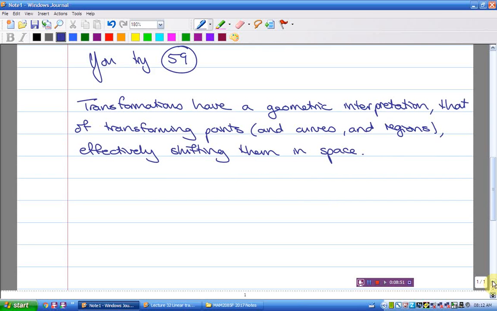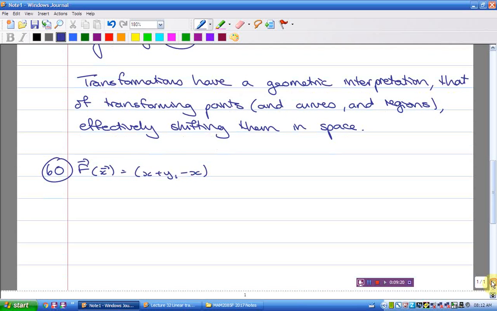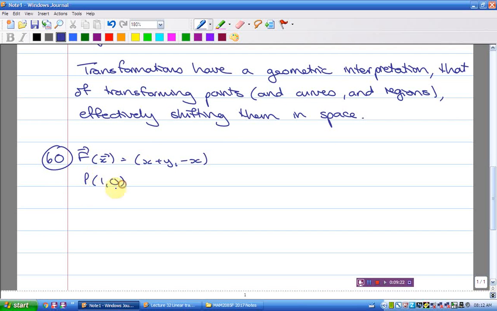Okay, so I'm going to demonstrate with an example, number 60, which is a rather random little example. It's not a very well designed example. 61 is slightly nicer. I've given that one to you to do, but use the given mapping to transform the indicated points, and then actually plot them on a diagram to see how they've changed. Okay, so I've got f of x equals x plus y, minus x. So that is the transformation. If I now have 3 points, P, 1, 0, Q, minus 2, R, the origin, and I transform them,